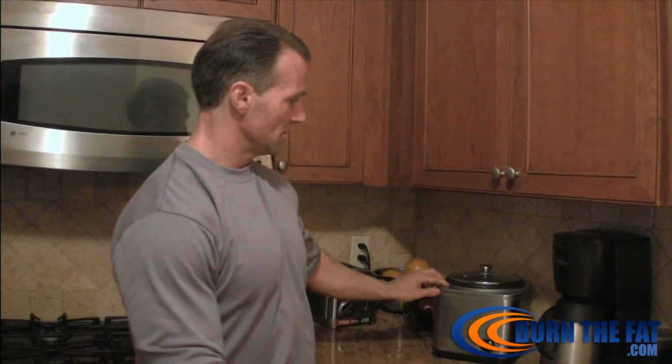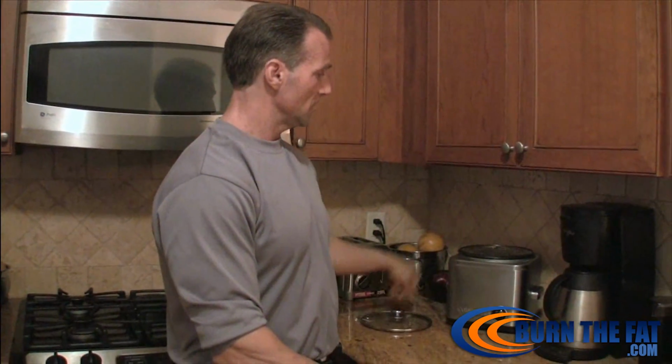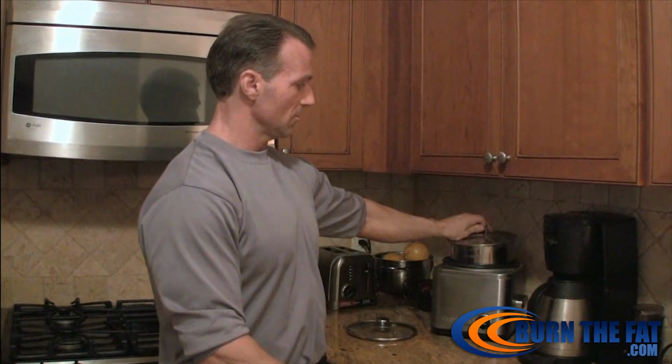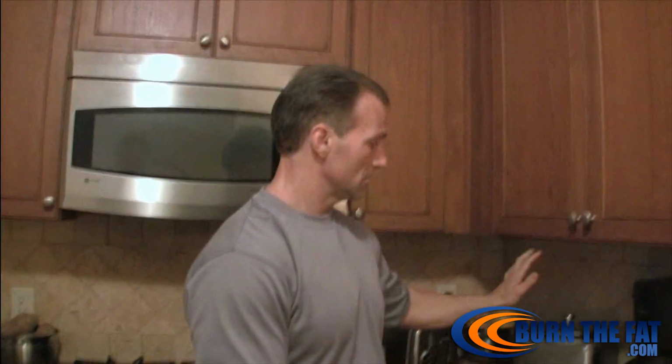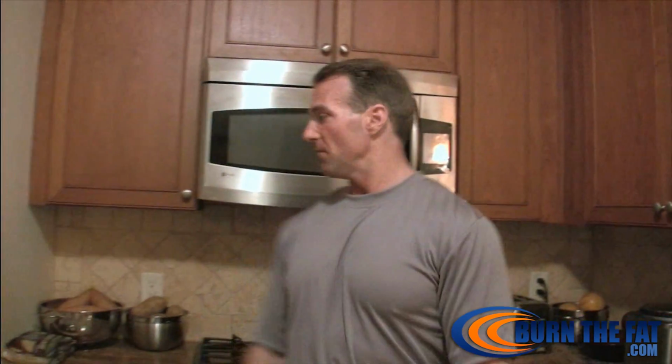I cannot imagine how I ever lived before I got a rice cooker. This thing makes it so much easier than cooking rice on the stovetop. It is a lifesaver. It also doubles as a steamer, so you can steam your vegetables in there, and that can help retain some of the nutritional value as compared to boiling it or cooking it some other ways. So there's always brown rice cooking in the rice cooker, and one of my favorites is